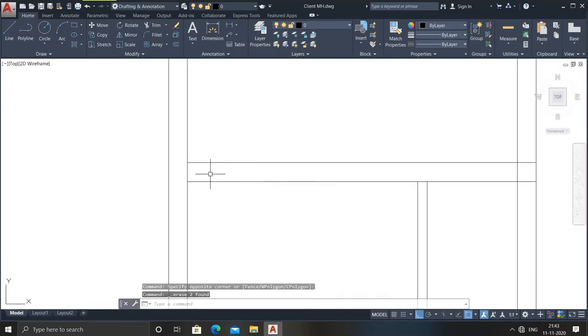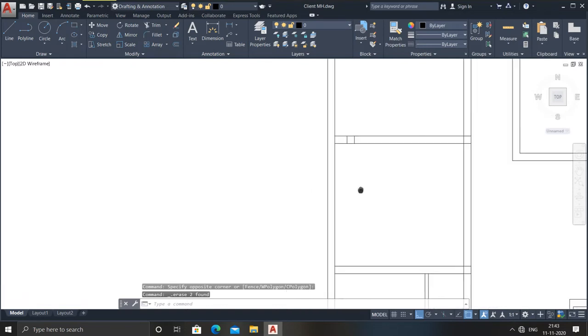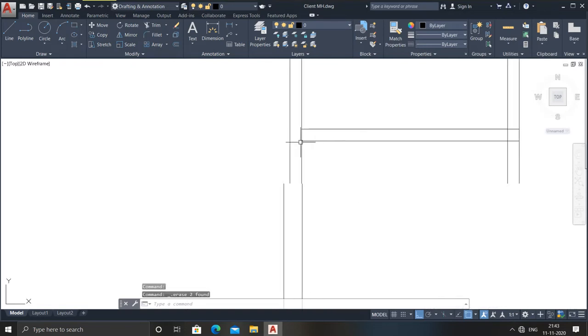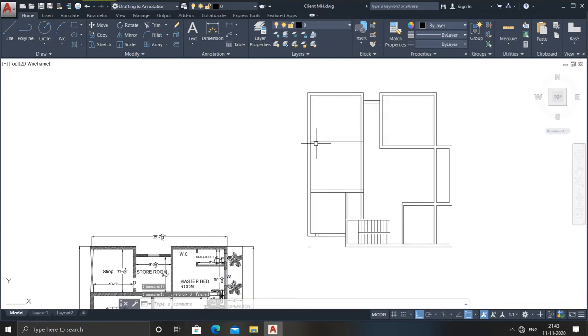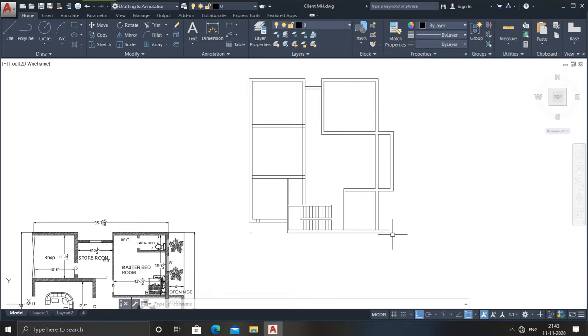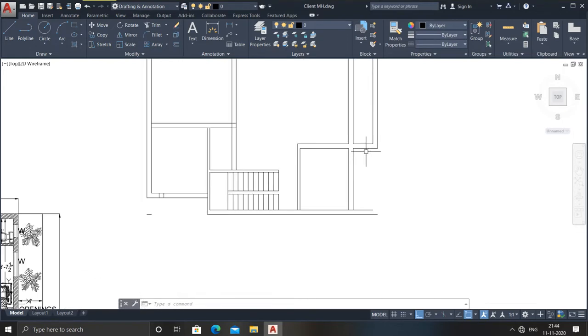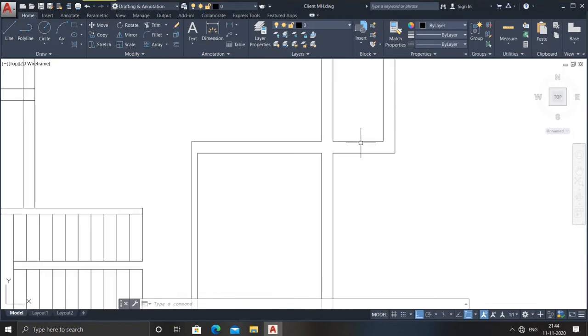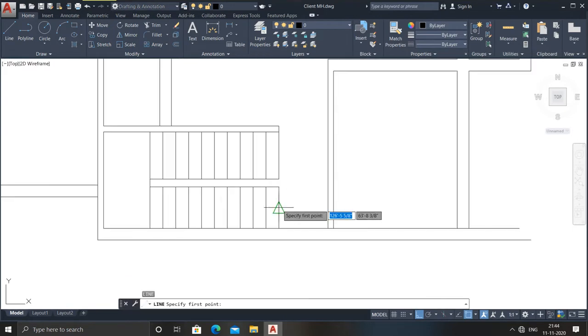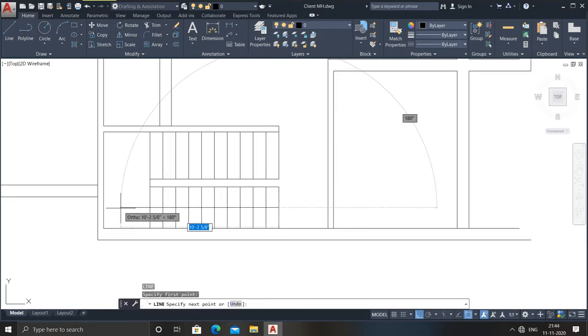right, as we have drawn over here. So here I need to provide some windows as well as some doors, right? So this is our open space, this is our open space. You may leave these spaces, I will tell you, no need to worry. So here I need to provide some stair specification, just draw it this way.